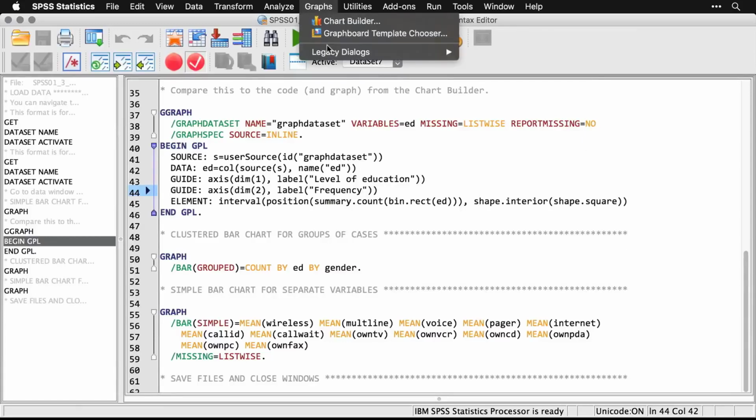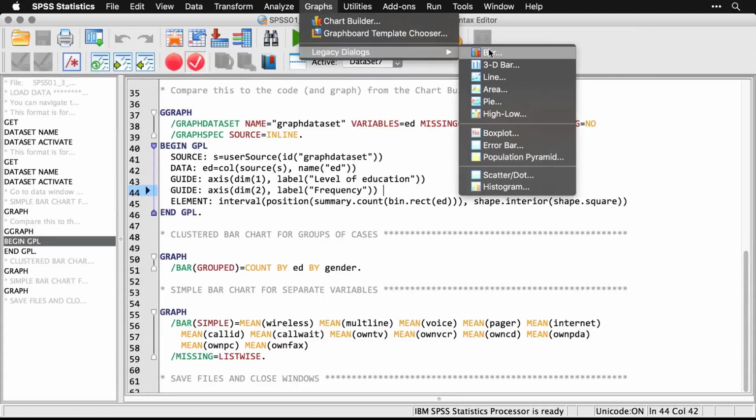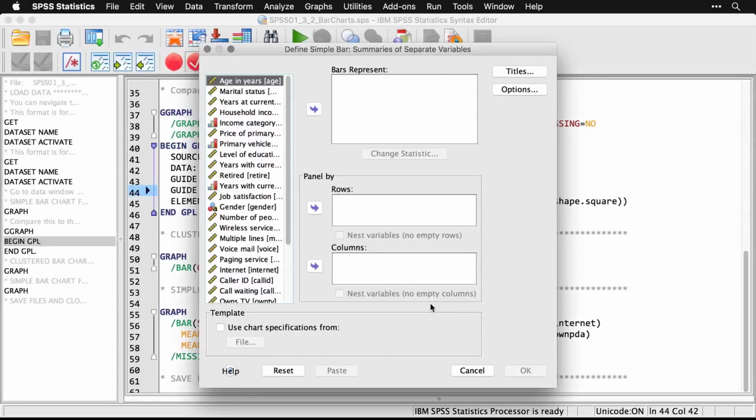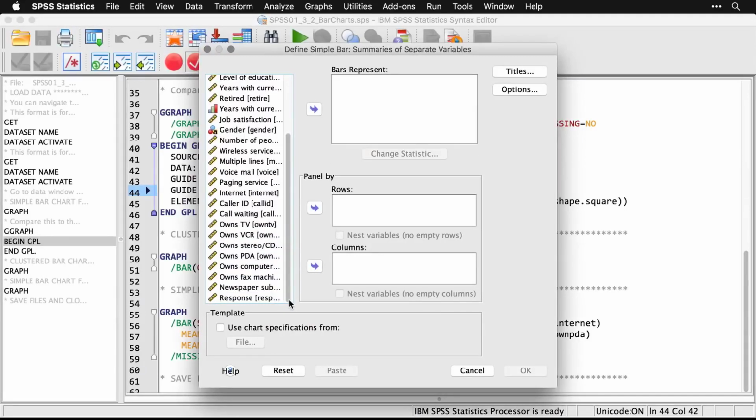We'll go up to graphs. We'll come back over to bar. And we're going to do a simple one, but this time we're doing separate variables. I'll hit define. And then I'm going to come down here, and this data set, again, which I believe is fictional, asked a lot of people about various things that they might do. We're going to ask them